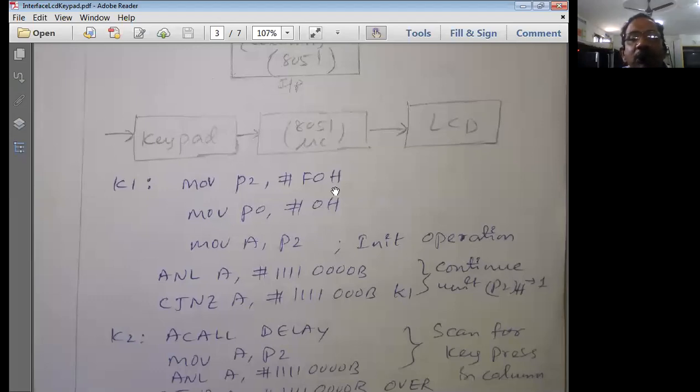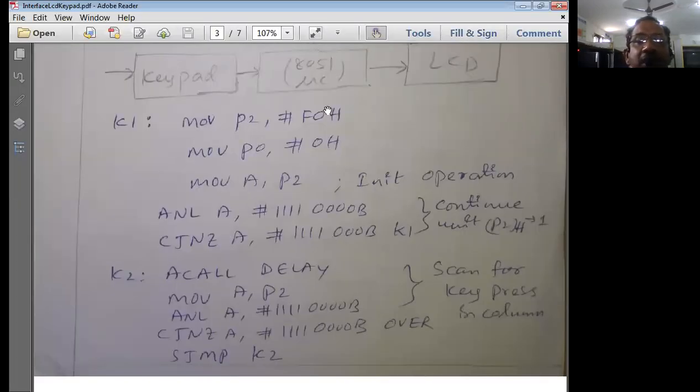So I'll say what now? MOV P2, #. So we'll try to understand with the code snippet up to here. In the next session, we'll continue because it is going to be a very big program, because we are going to combine the keypad and the LCD together in order to understand this particular program very well. So the first step is what now? I have to initialize the keypad.